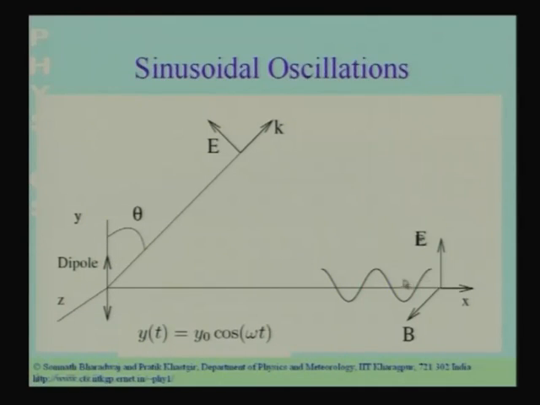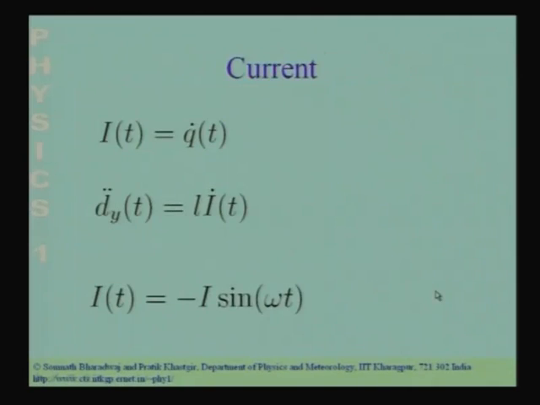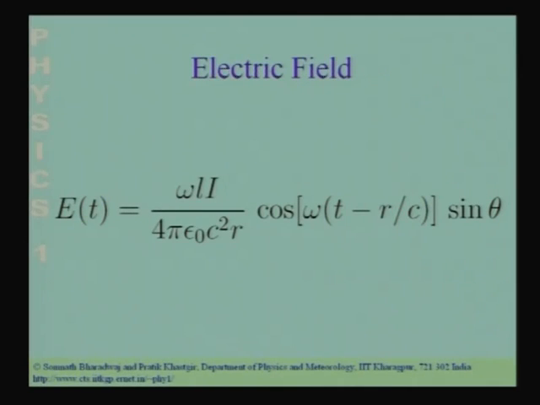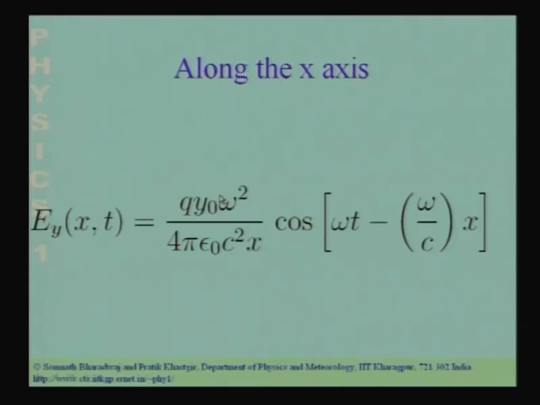The electric field will be parallel to this component perpendicular to the x axis. So, the electric field will be along the y direction. You will only have a y component of the electric field, which is what I have written here. So, you are going to have an electric field along the x axis, you are going to have an electric field only along the y direction, and the magnitude of the electric field is given by this.